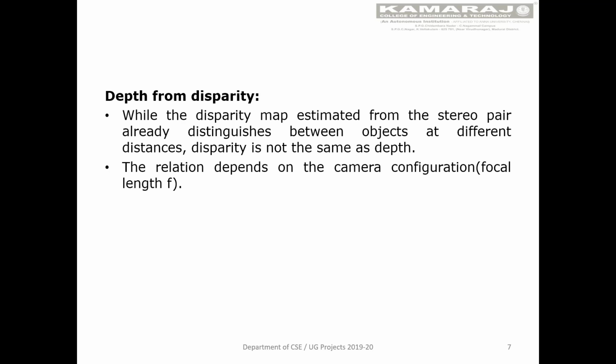This module is calculating depth from disparity. We get the selected aggregated points as input from the previous module. We can conclude that the objects in the two images are distinguished. One thing we have to keep in mind is that disparity is not the same as depth. We have to calculate depth from disparity. For that, we need focal length, which will be given by the camera's manufacturer. The method used to calculate depth is called triangulation.